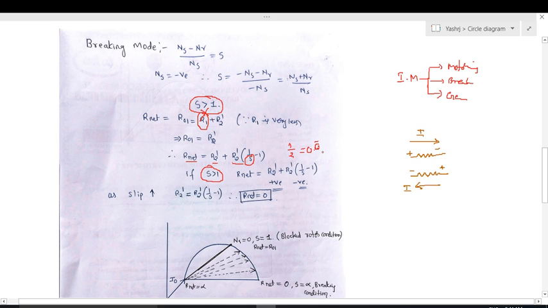So 1 by S is 0.5, and 0.5 minus 1 means the net resistance is negative. Under braking mode, slip is greater than 1, so this value is negative. In network theory, we know very well that if a